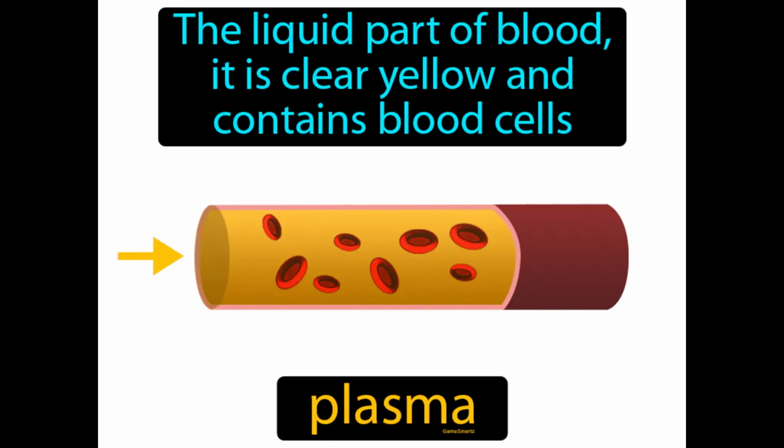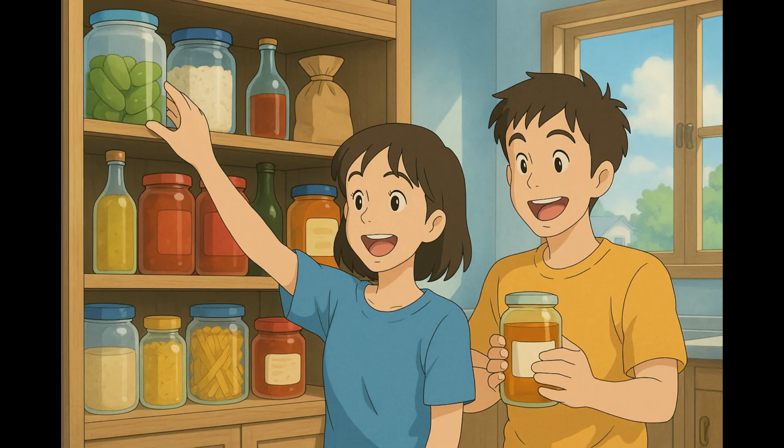The liquid part of blood, it is clear yellow and contains blood cells. Plasma. Plasma is the component of blood that transports nutrients, hormones, and waste products throughout the body. Imagine trying to find the right jar in a cluttered kitchen pantry where everything is mixed together. Plasma in blood is similar to that pantry because it acts as the clear yellow liquid medium that holds all